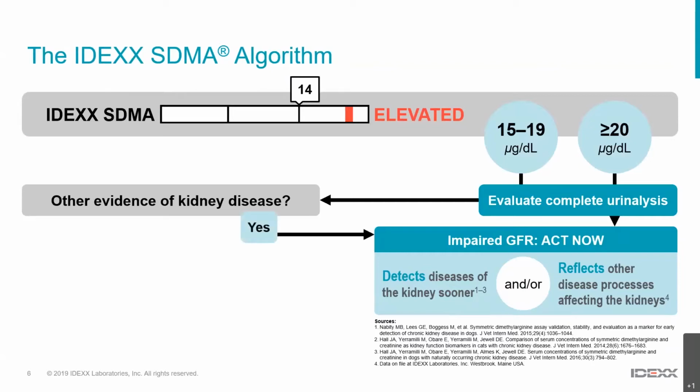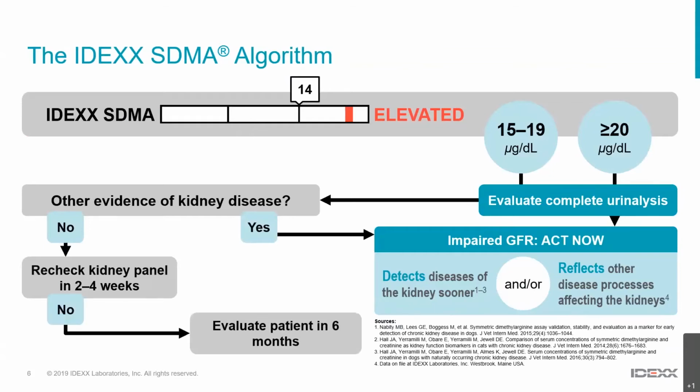In the event that you do find other evidence of kidney disease, again, we recommend you act now. If you don't see any other evidence of kidney disease, then we recommend that you recheck the kidney panel in 2 to 4 weeks' time. We recommend that panel includes a minimum of SDMA, urea, creatinine, phosphorus, and a complete urinalysis. If that recheck panel still doesn't show kidney disease, then we recommend that the patient has a follow-up evaluation in 6